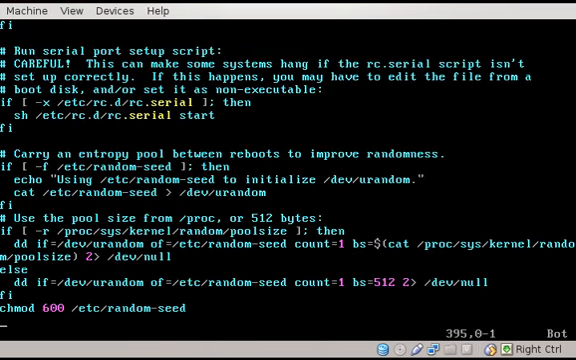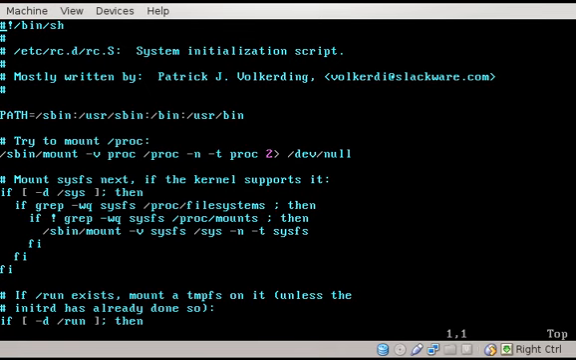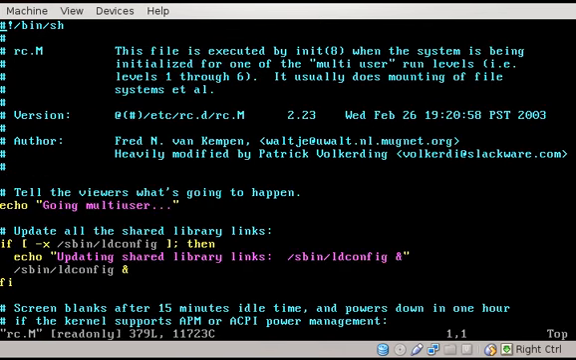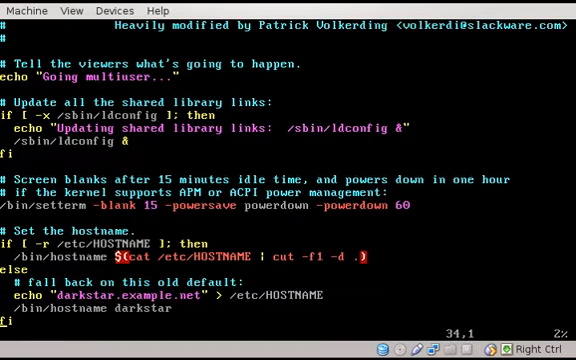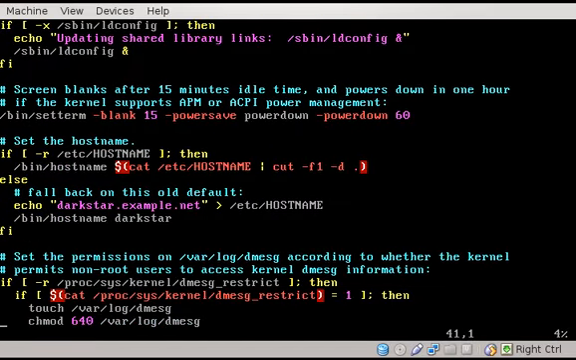Don't worry about exactly what it means. You can always poke around at it later if you're curious, but I wouldn't change it unless you really know what you're doing. rc.M. Here's where we go multi-user, and a bunch of things happen here. Okay, but the main thing that happens is